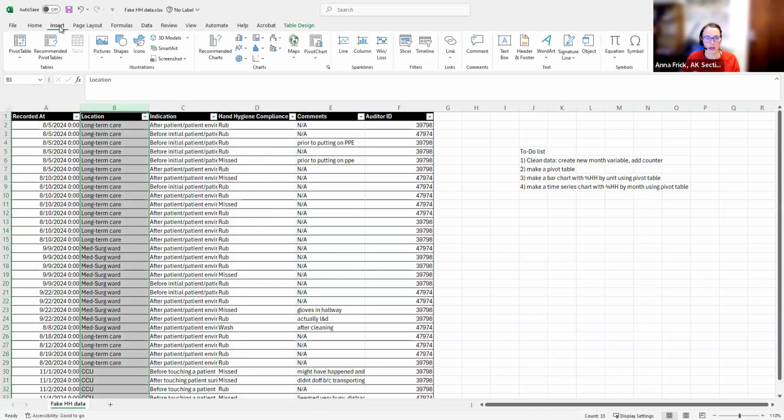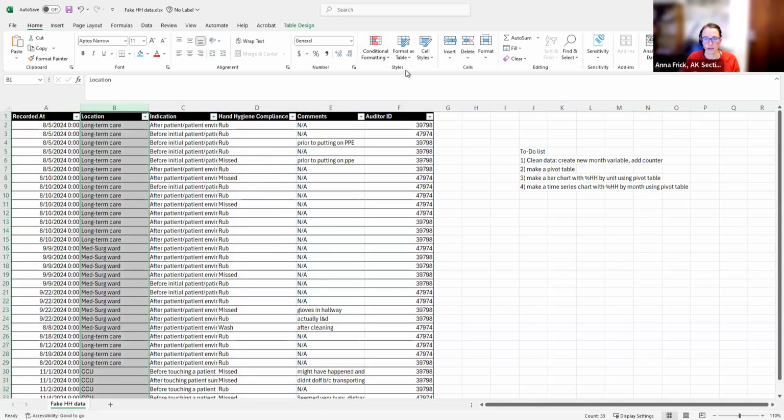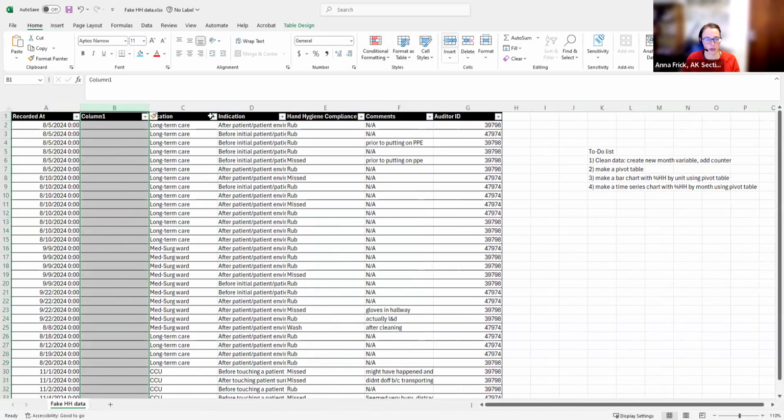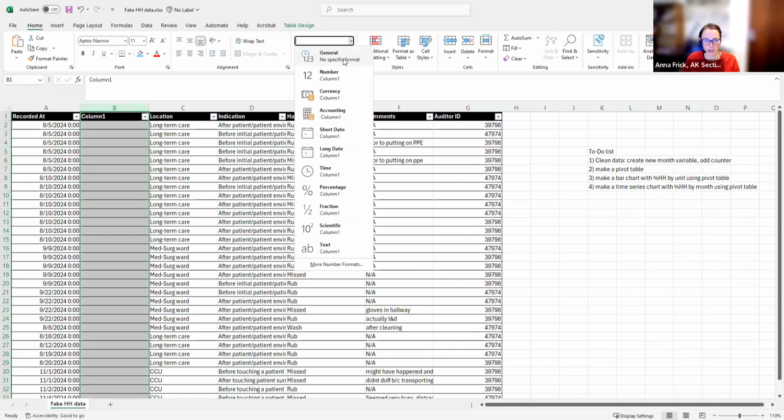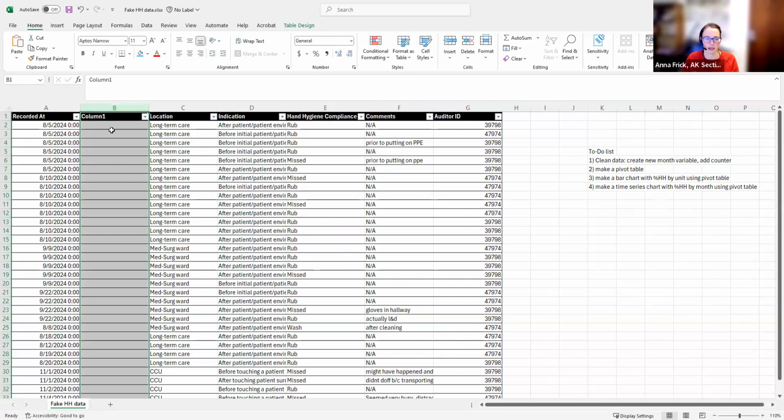So I'm going to go back to my home tab. I'm going to insert a new column. I'm going to check the column format type right here. You can see it says custom. That happens a lot if you insert columns like this. So I'm going to reformat it to the general one. And that means that now it will behave normally and not try and apply any weird formatting to the data that I enter. I'm going to name this column month.